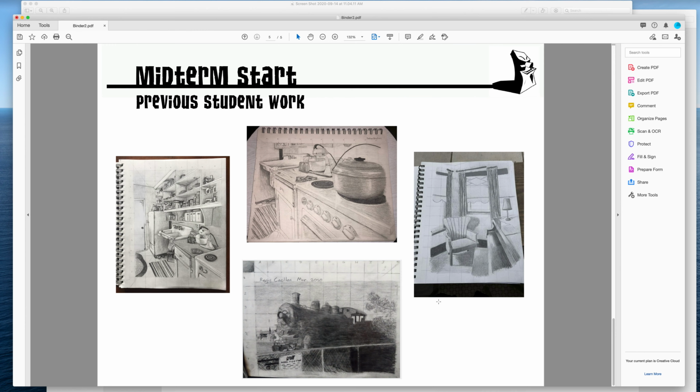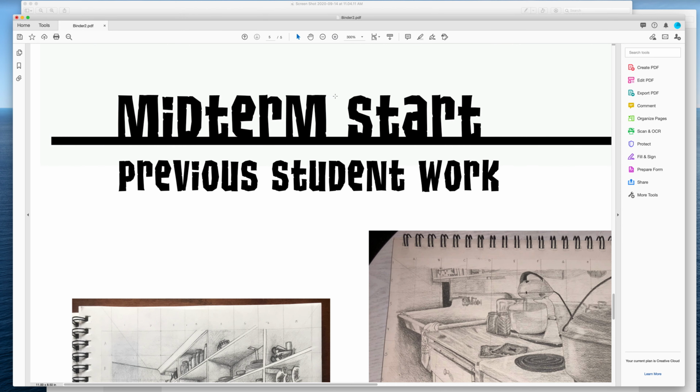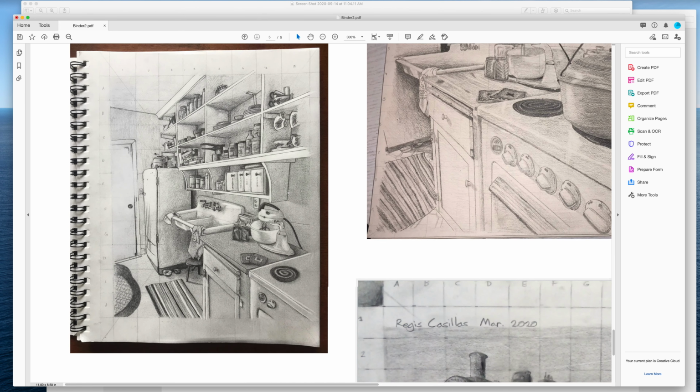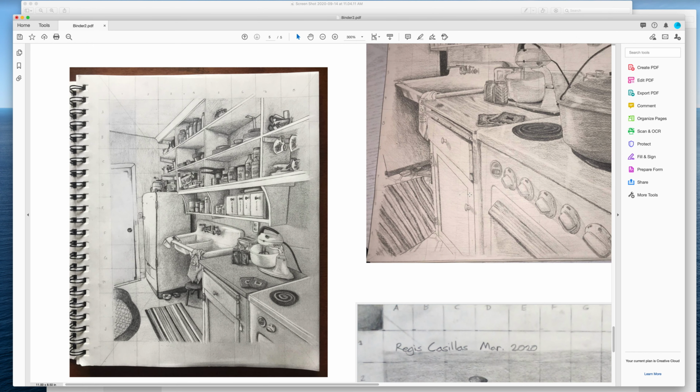This is some finished work. Other students have done this assignment. Now a lot of these students, I want you to know, were brand new to art. They had no drawing classes, no drawing skills, but I think that with this grid drawing assignment,